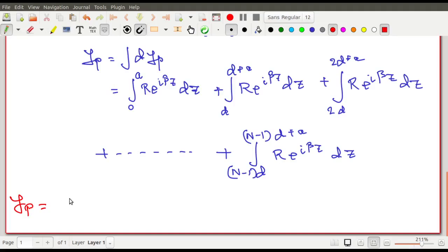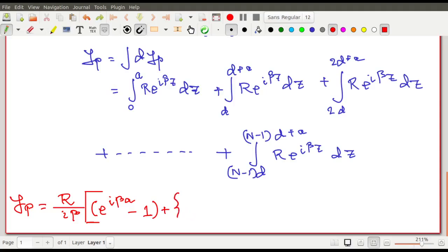So তুমি দেখে নাও, R by I beta তোমার বাইরে চলে যাবে, R by I beta you have to take common over here, that's fantastic. I take R by I beta, তাই না? R নিলাম, I beta নিলাম, ঠিক আছে? তাহলে ভিতরে কি থাকবে? What will you have over here? R by I beta is gone, the integral of e to the power is e to the power. So the first one contributes e to the power I beta a minus 1, first পার্টের কন্ট্রিবিউশন এটা। সেকেন্ড পার্টের কন্ট্রিবিউশন হচ্ছে, the contribution from the second part, R by I beta is already taken common, so এটার কন্ট্রিবিউশন হচ্ছে,